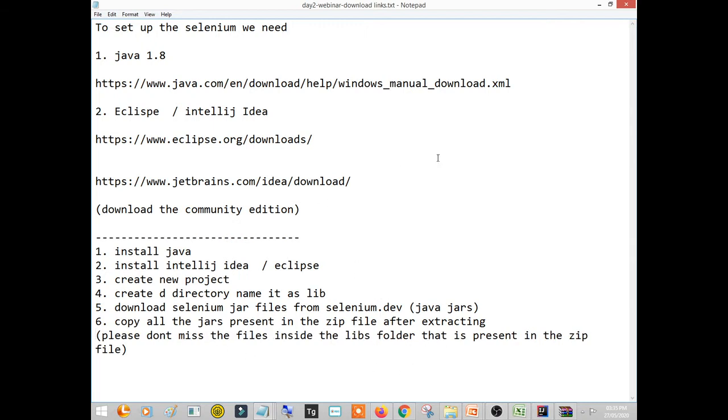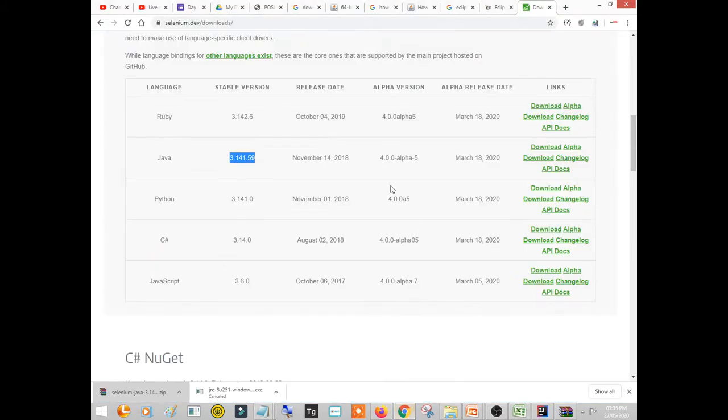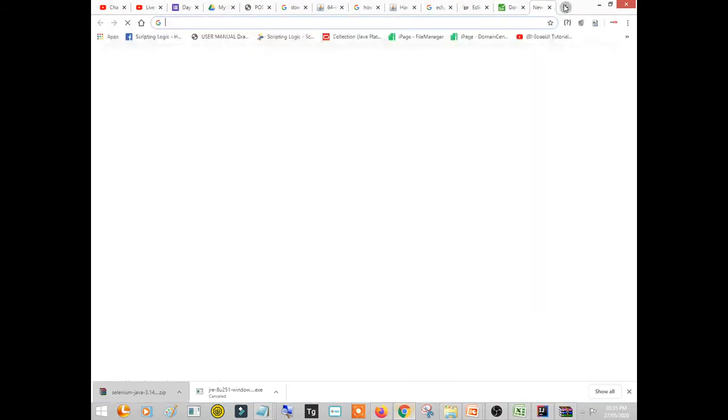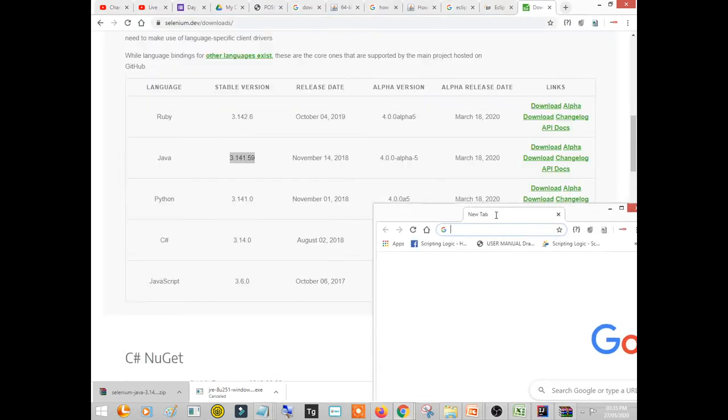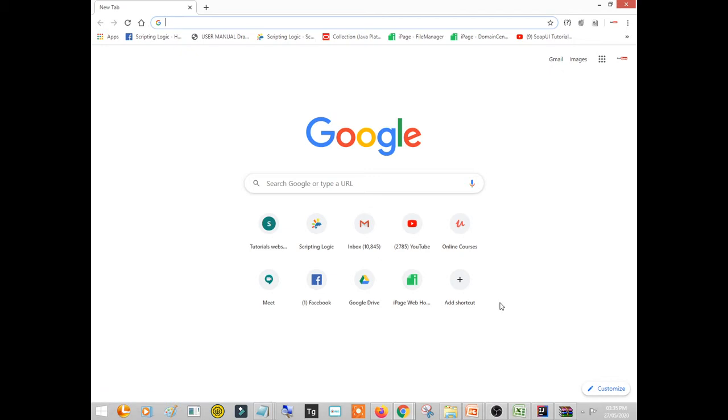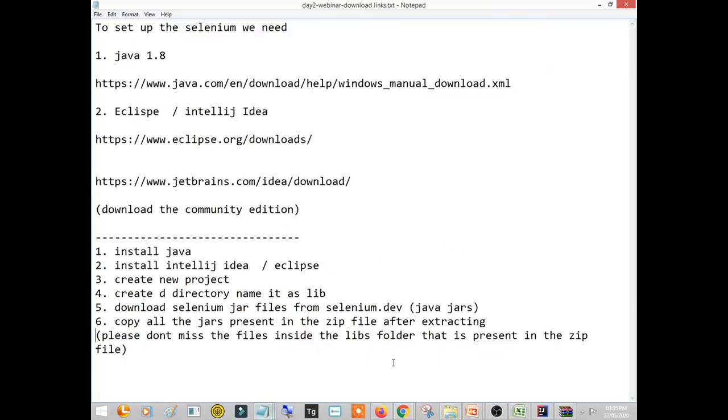Now you see, as I said, this Selenium only tests web applications. Web applications are the applications that open in a browser, right? So in order to test any website, you need to first open the browser, right? So which browser to open? Now the seventh step is we need a browser driver to decide which browser is to be opened.